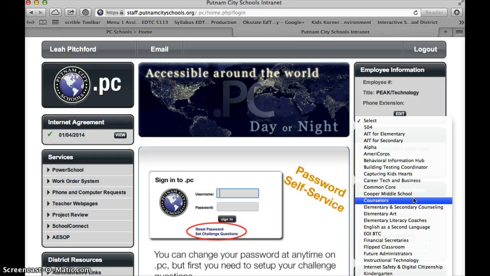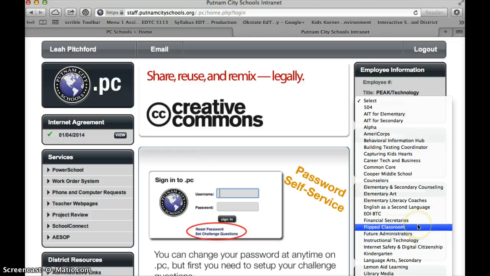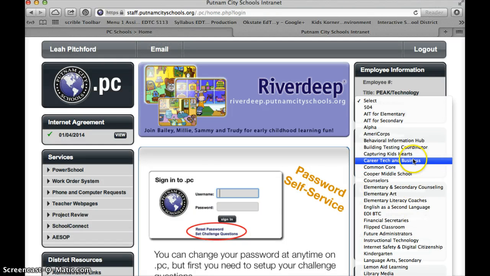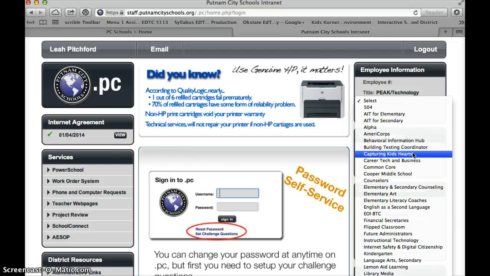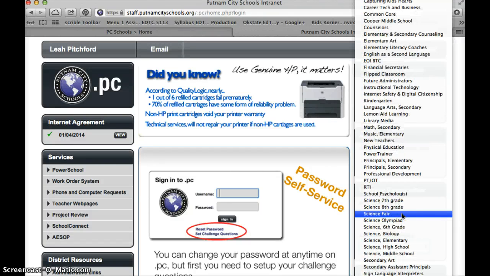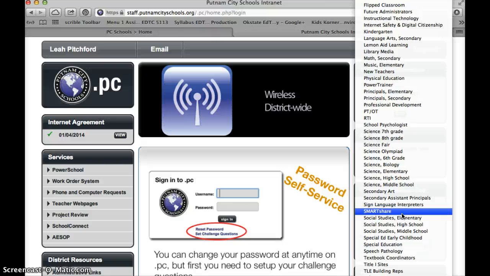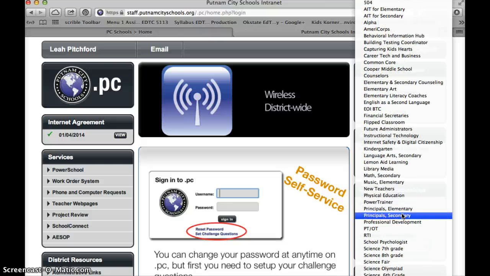If you're a counselor, you could join the counselor community. If you're at a certain school, you could join that community. If you are really into learning about the idea of a flipped classroom, you may want to join that community so that teachers that are also interested in that can post to it. Let's say you have never attended or have attended and would like some more knowledge on capturing kids' hearts, you could join that community. So some of these things are very specific to grade levels or to subjects, but some of the things are just things you could be interested in. And so you may want to sign up for that community so that you can learn things as you go